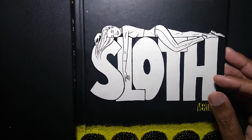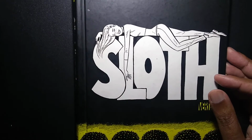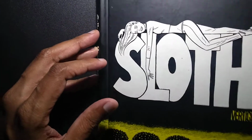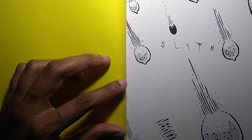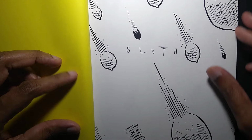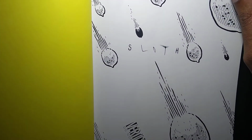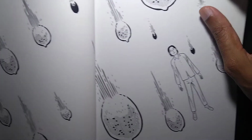So I think people already know Gilbert from Gilbert and Jaime for doing Love and Rockets, which I haven't read actually. I remember I started reading this, and for some reason, I just stopped because in the beginning, much like the name Sloth, in the story, the name of the comic book, it starts slow actually. So I think that might have been the reason why I stopped. But